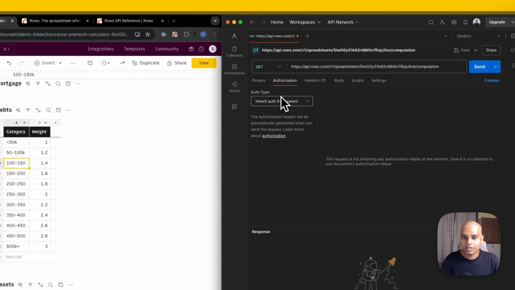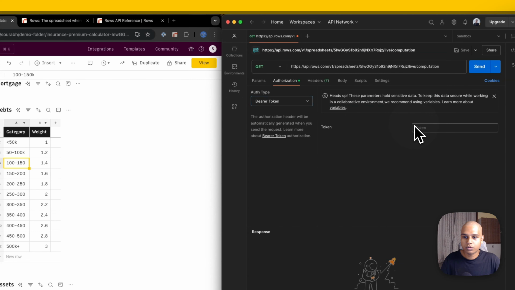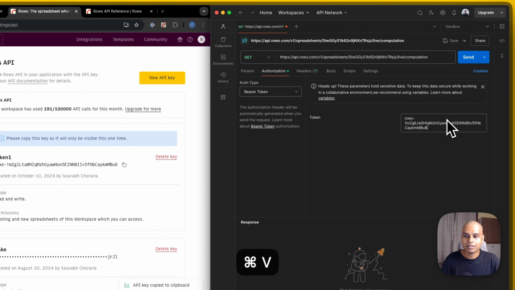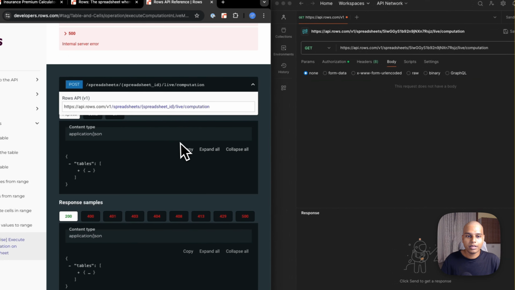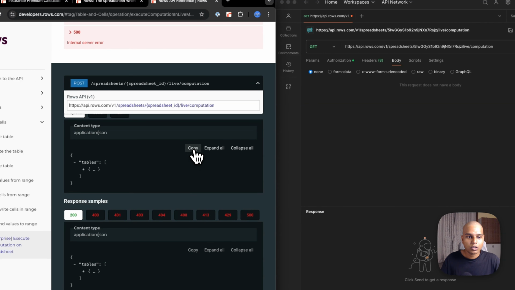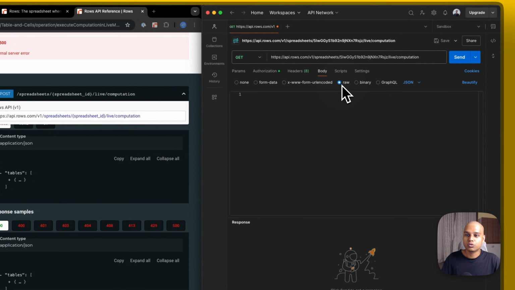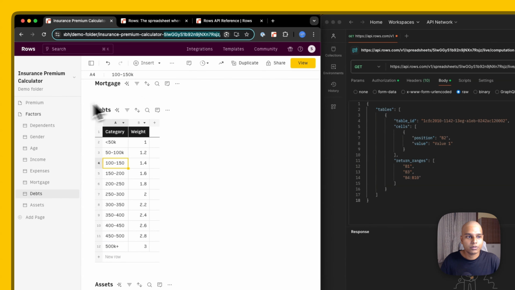For authorization, I'm going to go ahead and choose bearer token here, and I'm going to go back to the keys and copy this here. And for the body, I'm going to go back to the developer docs, copy this sample data that I have here, choose raw and the JSON data format like so, paste it, beautify it just so it's aligned properly, and go back to my Rows